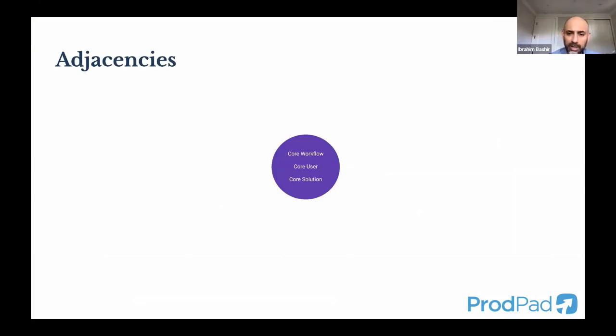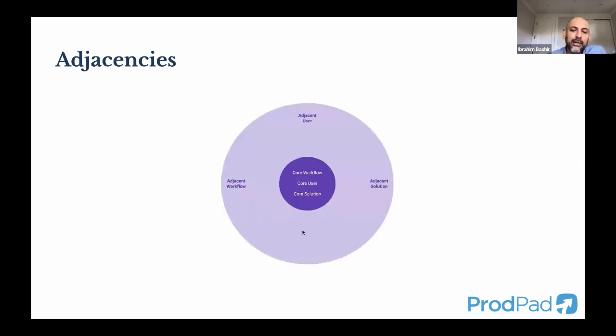You have a core user and you have a core solution, which is some insight you had into the market, some differentiator that you've been leveraging and got a lot of mileage out of. But whatever your product is, and think about examples like Asana, Datadog, GitHub, Box, or your own product or your competitor's product, there's always this adjacent workflow, adjacent user, and an adjacent solution.